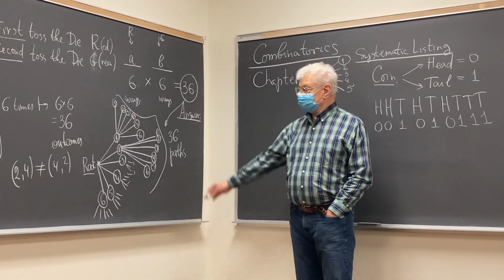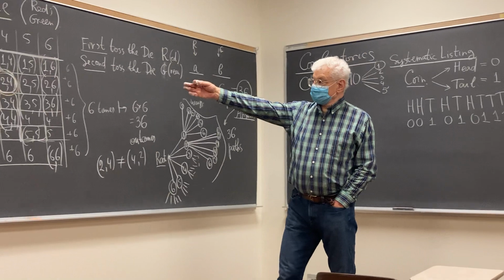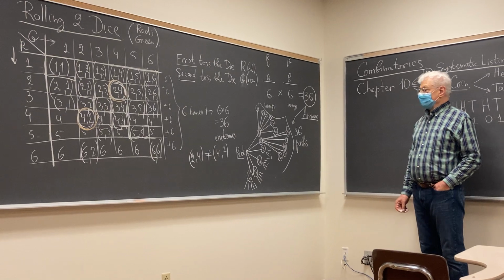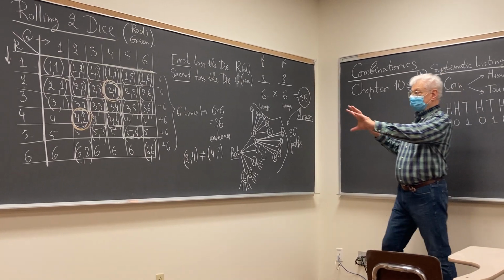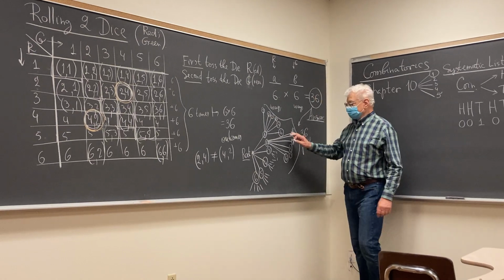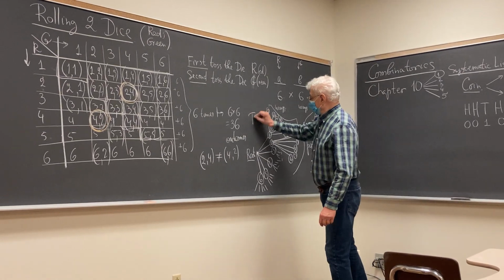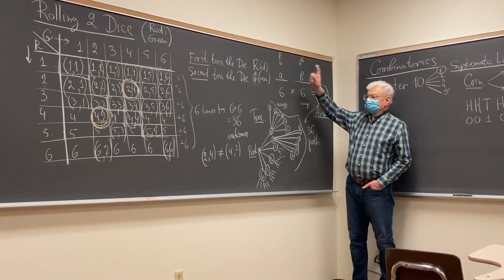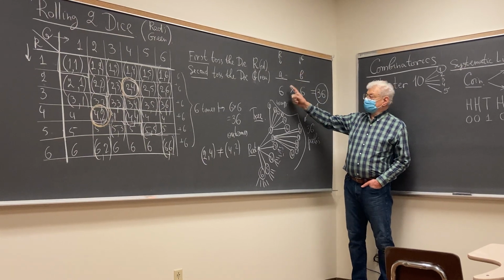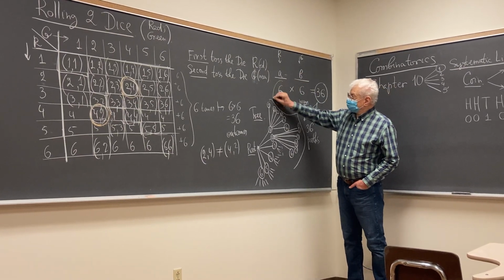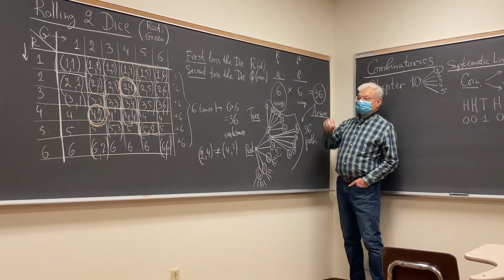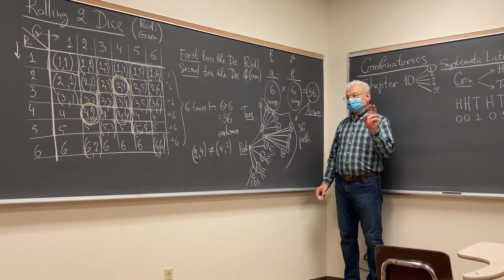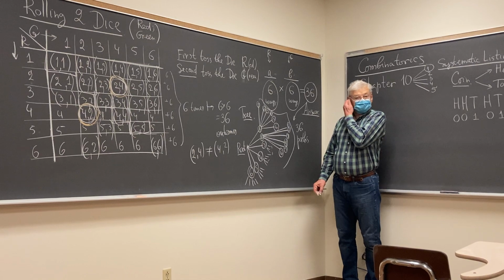So that tree is equivalent to that rectangle, and it shows that you have to take the product. But a simpler way, without the table and without the tree, is the following. You ask yourself, take the first digit. In how many ways can you do this? In 6 ways. Take after that the second digit. How many ways can you take? 6 ways. And the important thing is that the second digit is taken after the first one